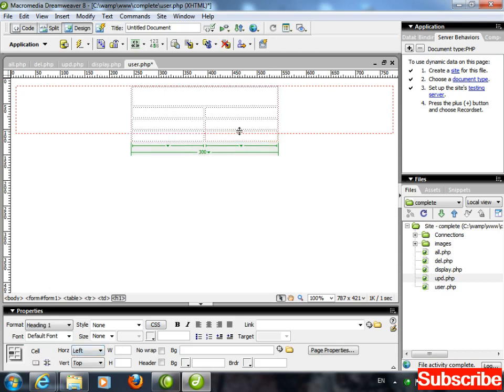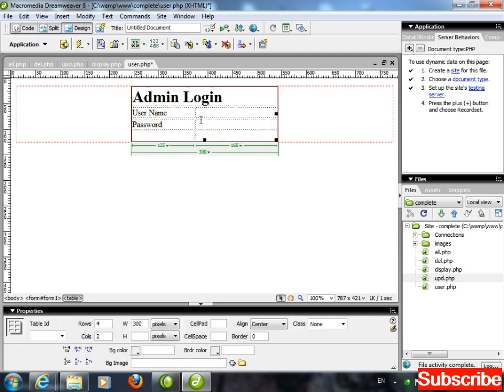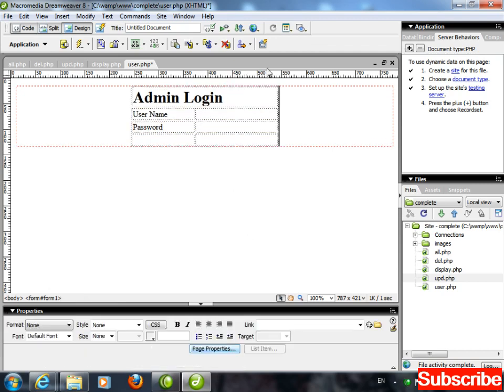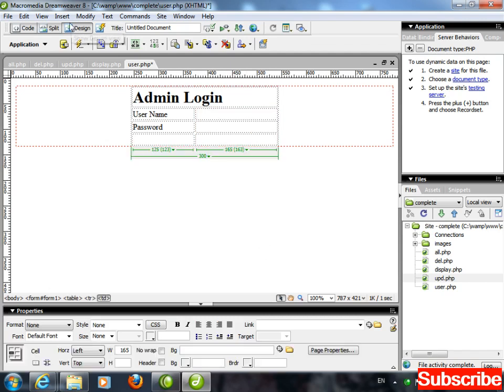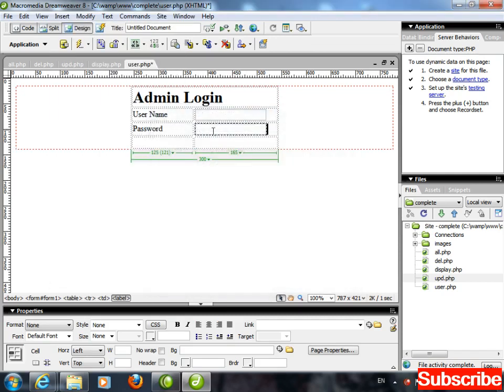Control 1, admin login. This is username and this one password. Table selected, cell padding, cell spacing, let me apply 2 and 2. In front of username, insert form, text field, and in front of password, insert form, again text field.